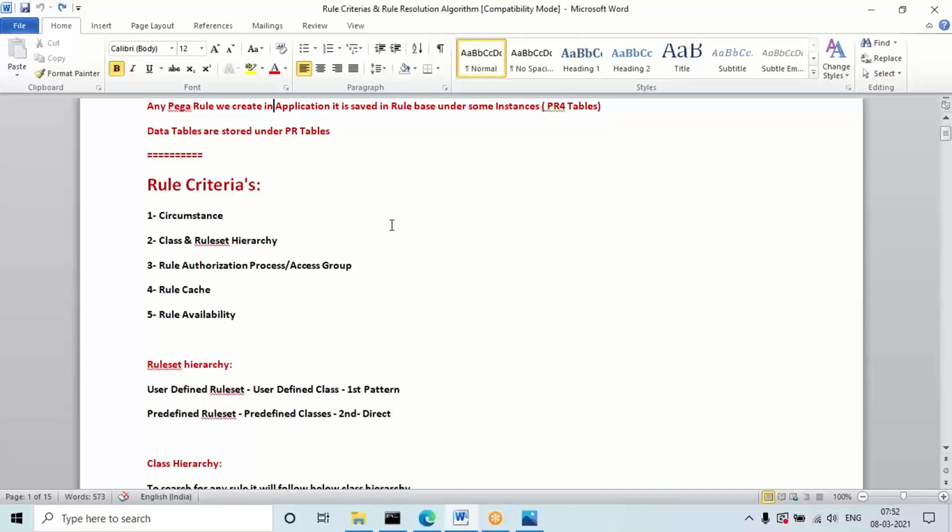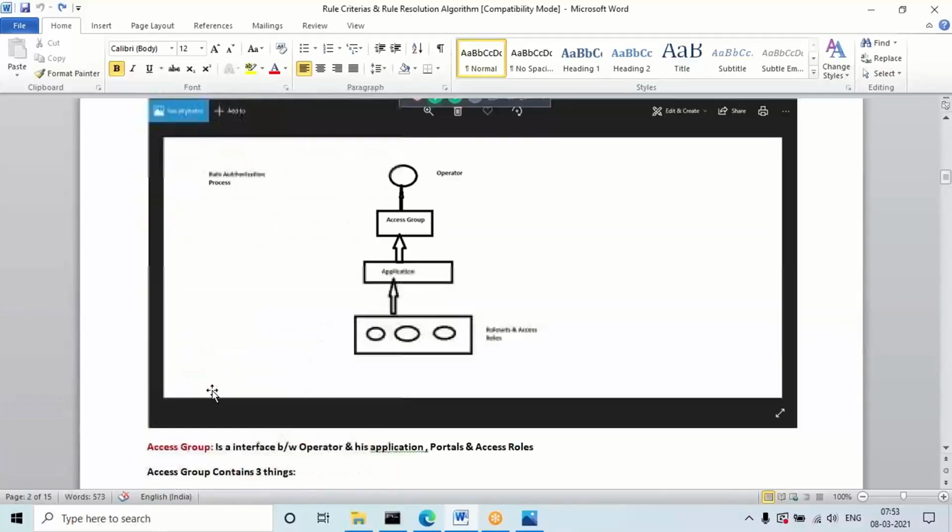It is practically not required, but technically you must have some understanding of the criteria, the algorithm points, and the steps in the algorithm. That knowledge you must have as a developer. That's the reason, though it is not practically important, it is technically important as a developer to understand all the backend part.